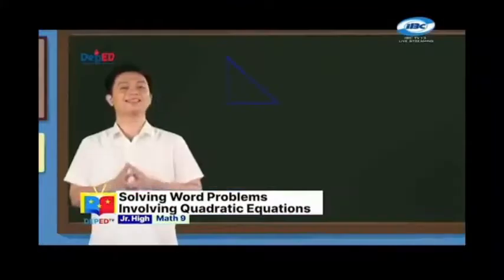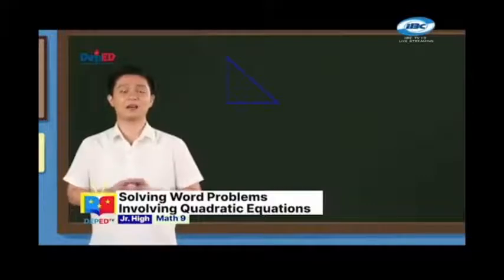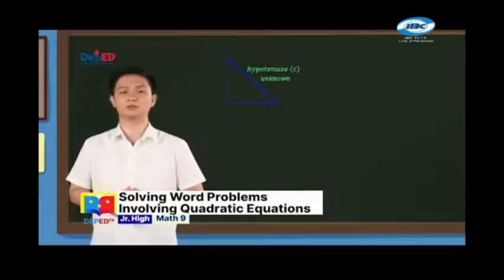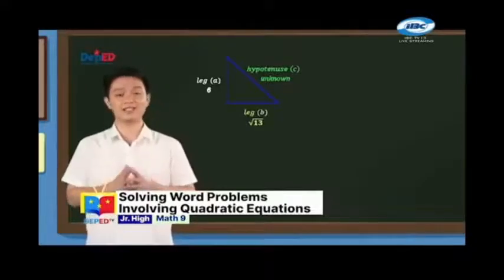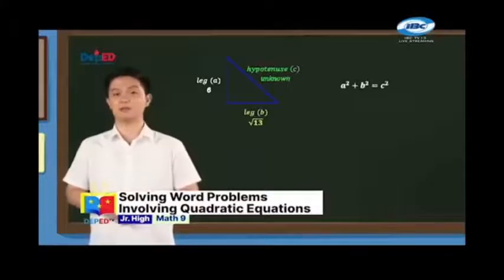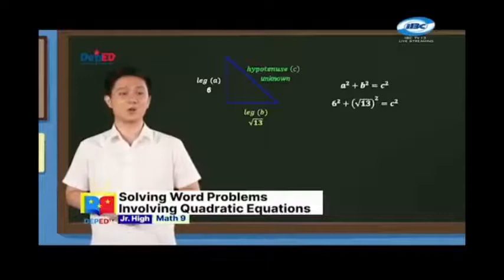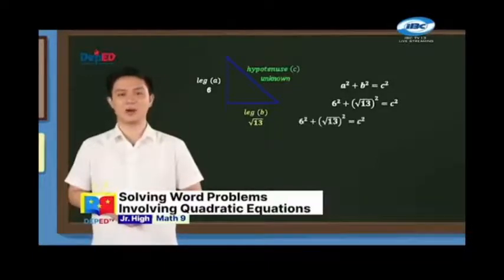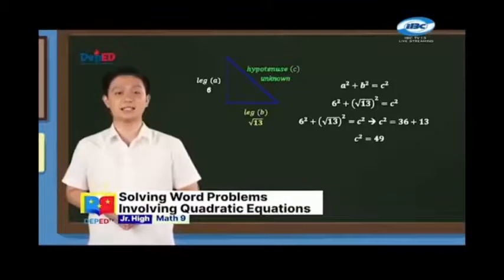Time is up. Drawing the figure will help us visualize the problem better. The hypotenuse C is unknown. Let the leg A be 6 units long, while leg B is square root of 13 units long. Applying the Pythagorean theorem, we can arrive at the equation 6 squared plus the square of square root of 13 equals C squared. This means that C squared is equal to 36 plus 13,